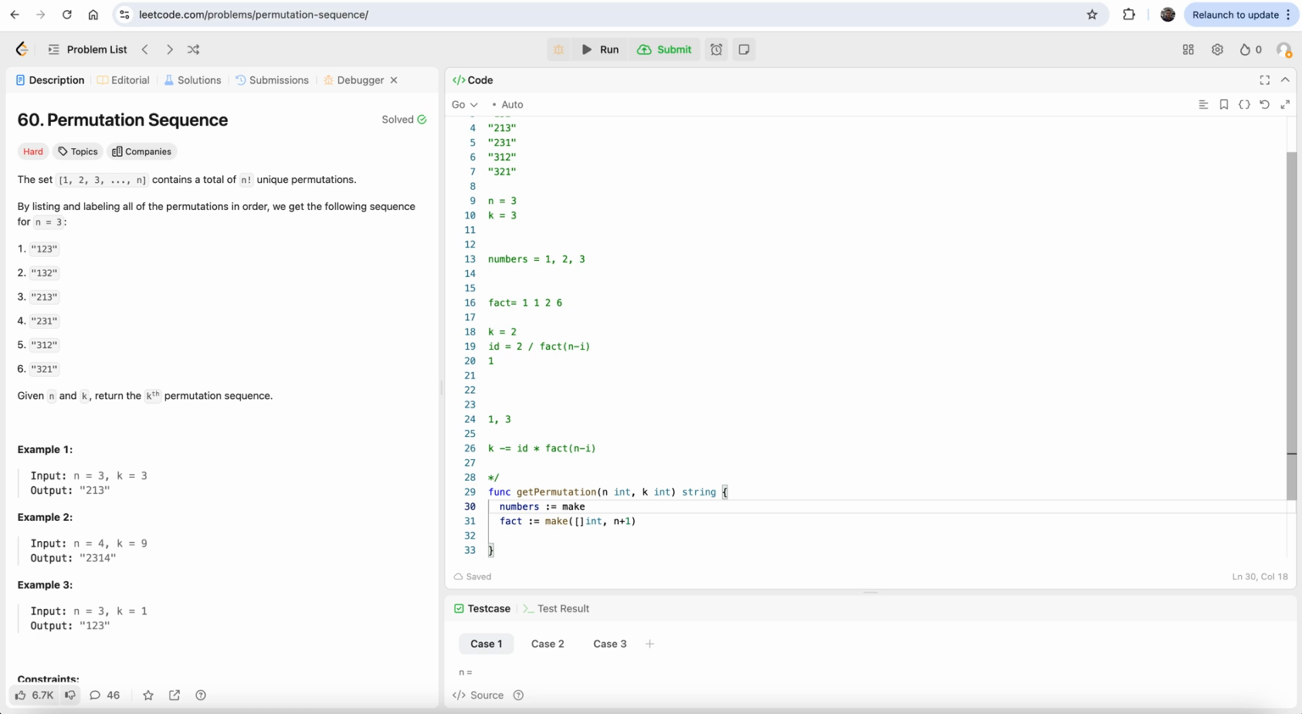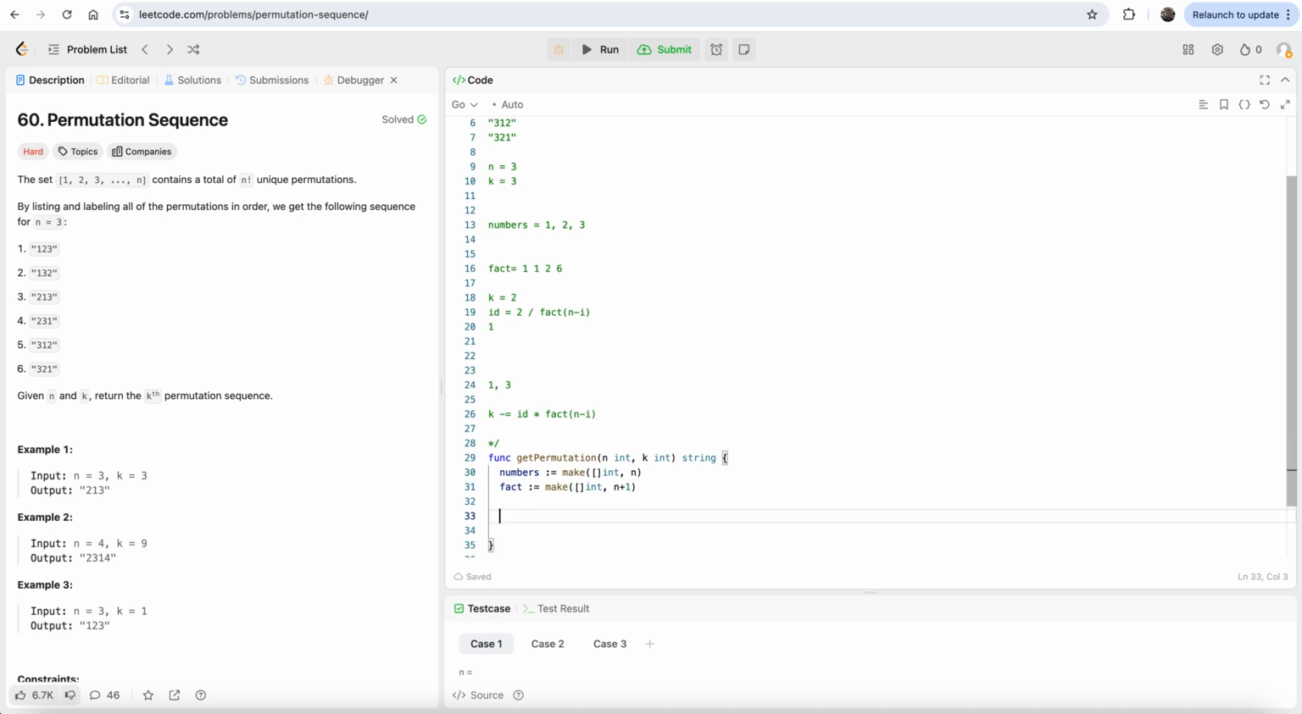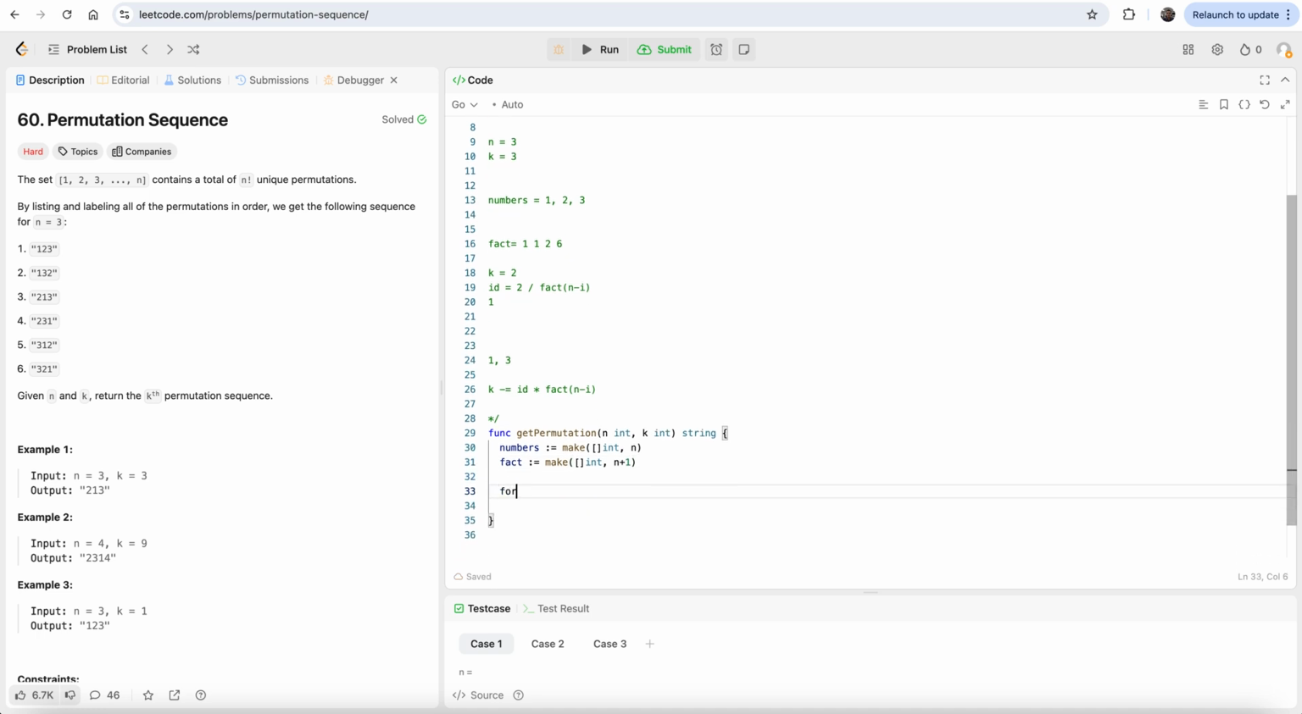Numbers make int, and this is size of n. Okay, so let's calculate the number. So for i is equal to 1, i less than equal to n, i plus plus,